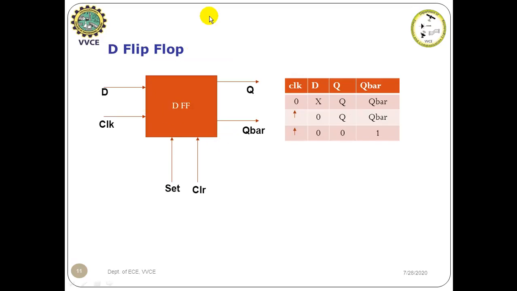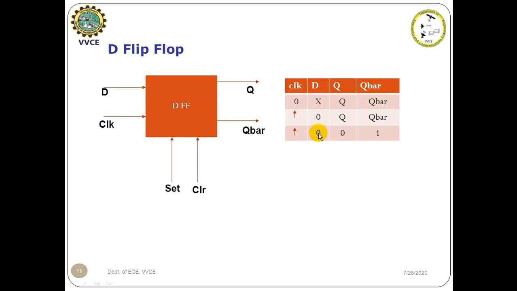Next, the last flip-flop I am going to explain is the D flip-flop. The input to the system is D. I am testing the functionality of Q and Q bar for every rising edge of the clock, based on set and clear input. If clock is 0, irrespective of the D input, the outputs Q and Q bar will be the previous output. But for the second condition, for every rising edge of clock, if the D input is 0, output Q is the same as the previous output and Q bar is the complement of Q.